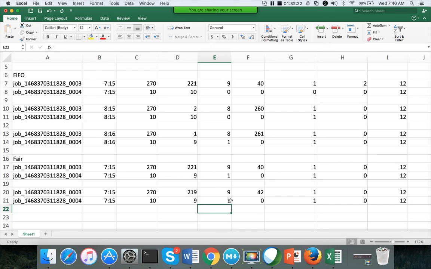There are no hard and fast rules which one will be chosen, or we don't need to get into that level of detail. The only thing you need to understand is that the fair scheduler will try to distribute the resources fairly for the newly coming jobs, instead of keeping the jobs that are started later waiting until the jobs that are started earlier are close to complete. Okay, so this is at 7:16.